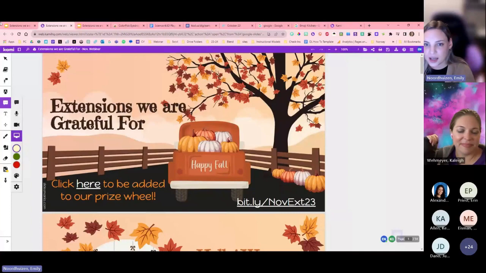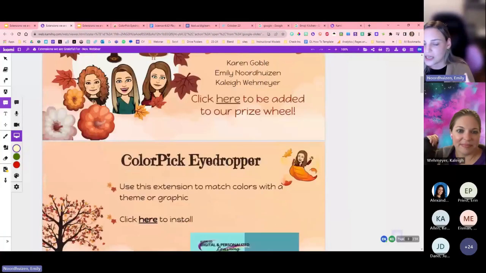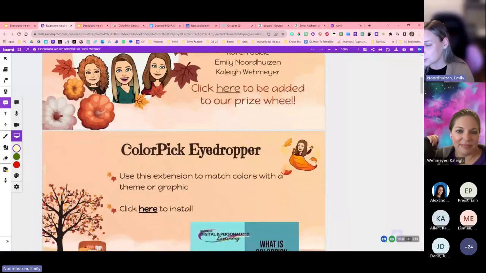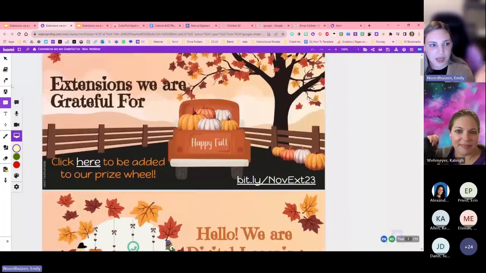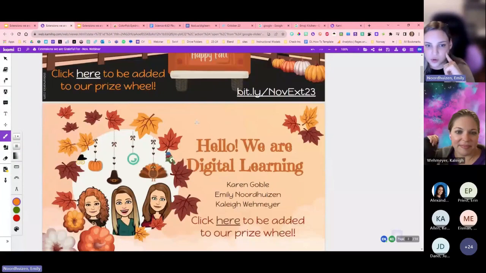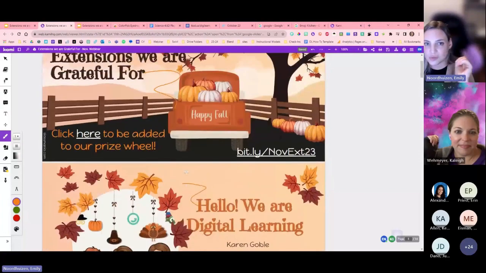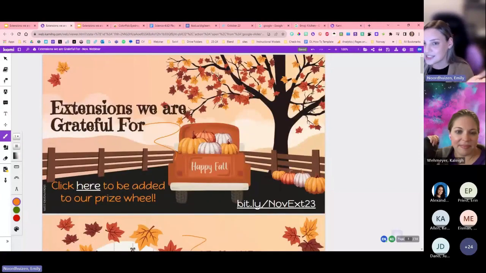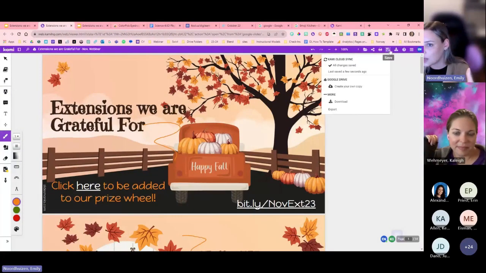But notice, my slide deck has just been brought into Kami. Now, this has been converted into a PDF, but I am able to annotate on my slides. So whatever I was working on, I can move. And what's really nice is that it saves. So you don't have to worry about pressing save. It's going to automatically save. Notice that if I press the save button, it shows that it saved a few seconds ago, and it's saved